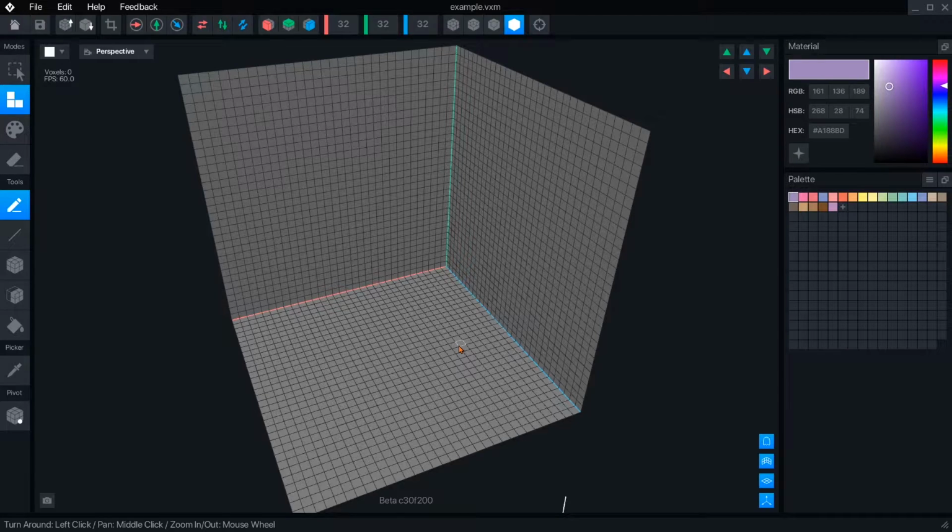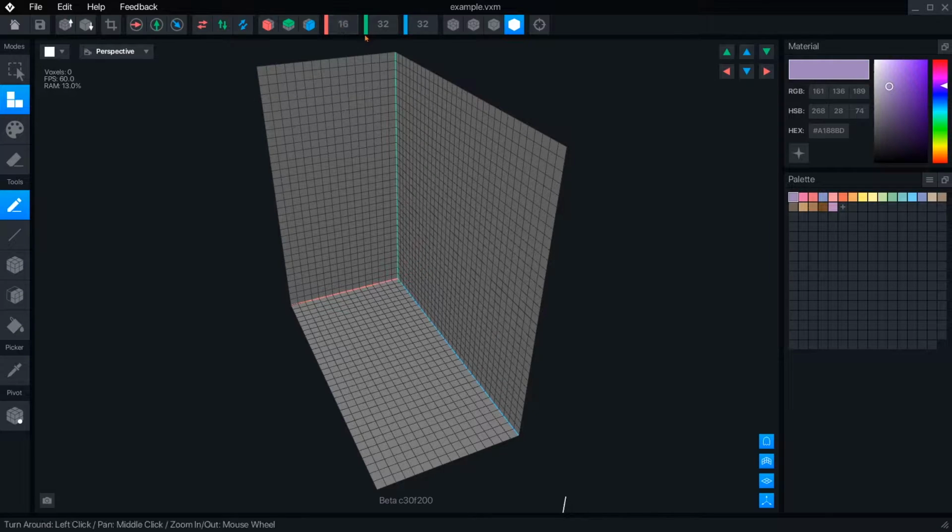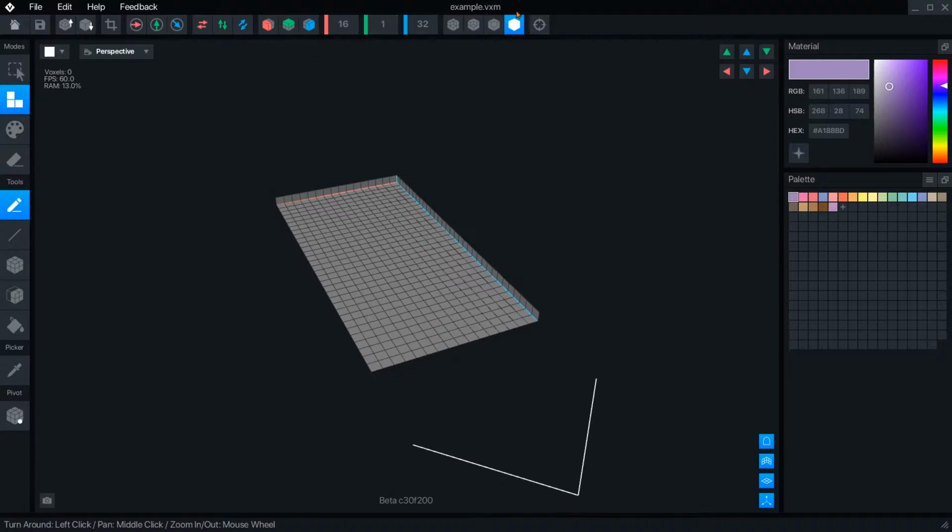Let's take a look at the basics of VoxEdit's modeler. After creating a new file, we are greeted with an empty object volume. This is 1 cubic meter in the Sandbox GameMaker scale, or 32 by 32 by 32. From the menu at the top, we can change the size of each dimension between 1 and 256.